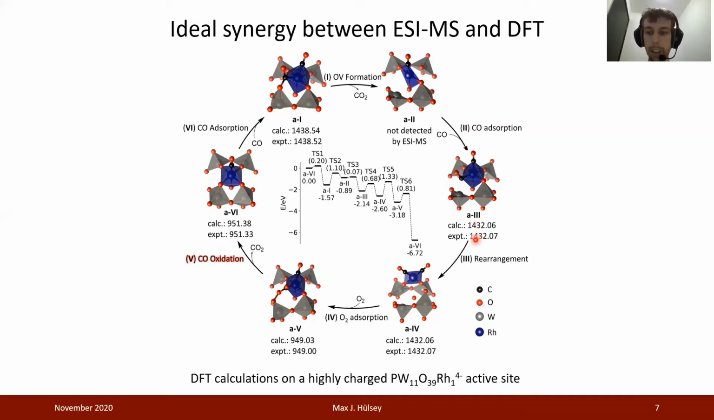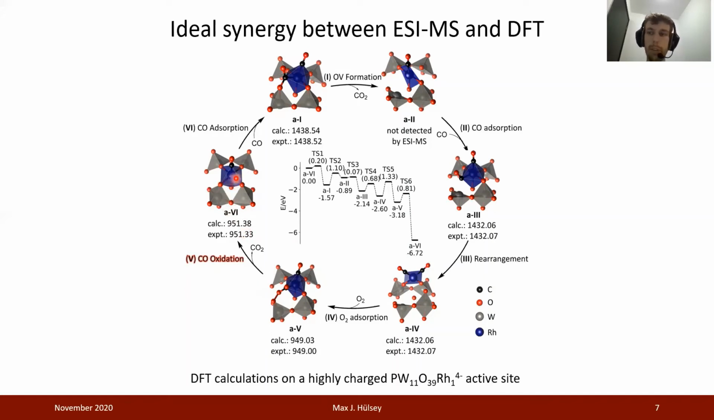Based on DFT calculations, we see that there's a rearrangement of this structure into this tetragonal structure again. After this, we have the adsorption of a dioxygen molecule into the oxygen vacancy here, which then, upon cleavage of this dioxygen molecule, can go back to this